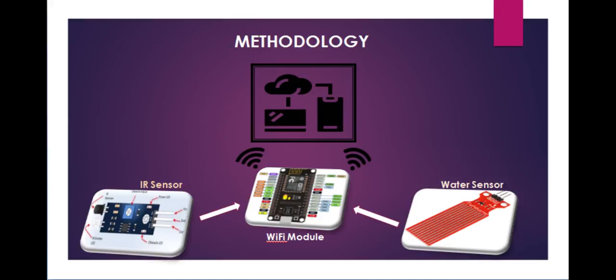So basically we have two sensors: a water level sensor, which we can see on the right hand, the red colored one, and an IR sensor, which is on the left side. The water level sensor collects water droplet information, whereas the IR sensor collects obstacle information. Then we have a Wi-Fi module which sends sensor data to the cloud. The cloud sends the data, which is processed in the server, and from there the authorities are notified using an email server.